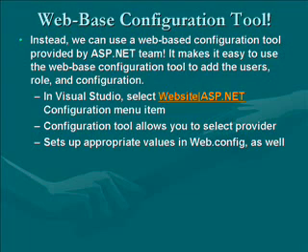In Visual Studio.NET, just select the appropriate menu item and it brings up the tool. This configuration tool allows you to select the provider, and it sets up appropriate values in web.config as well, so you don't have to go working in web.config unless you want to. Let's look at this tool and see how it works. In Visual Studio, I've opened the sample project